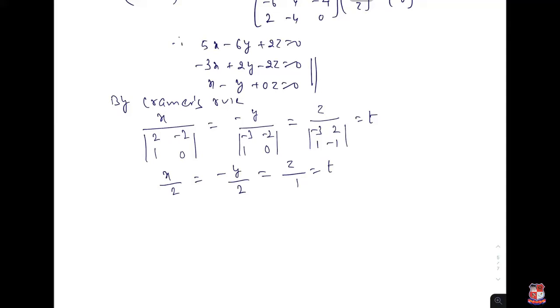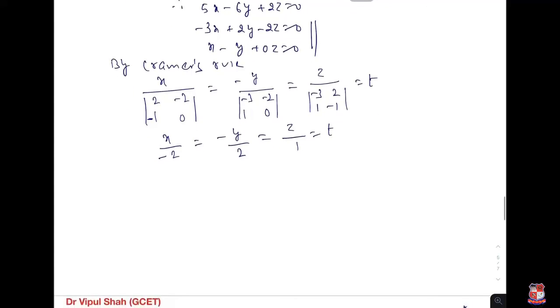Okay, so now let us just verify again. So x, so this is 2 minus 2, this is minus 1, sorry, this is minus 1 and 0. So here the coefficient is 2 minus 2, then minus 1 and 0. Okay, so that is a 0 and this is a minus 2, so this is minus 2. Okay, for y, coefficient of x minus 3 minus 2, 1 and 0, so this is 0 and minus minus plus 2, so that is correct. For z, coefficient of x and y, so that is minus 3 and 2, and this is 1 minus 1, so that is correct. So this one is 3 minus 2, so that is 1. Okay, and so now we are having minus 2